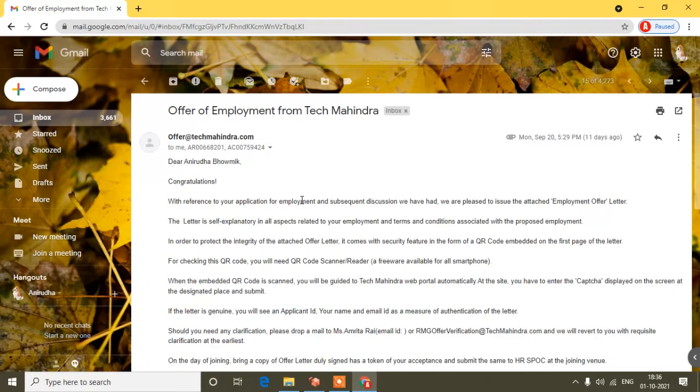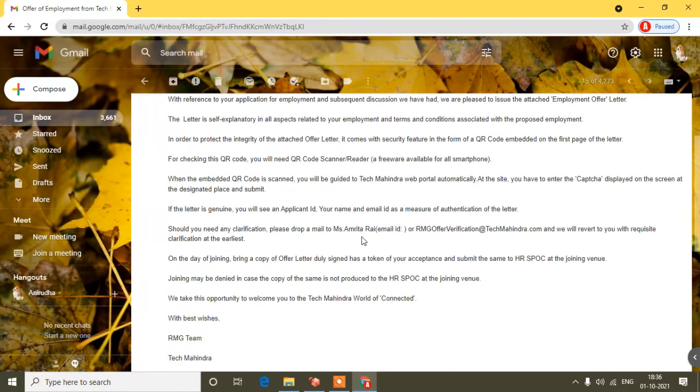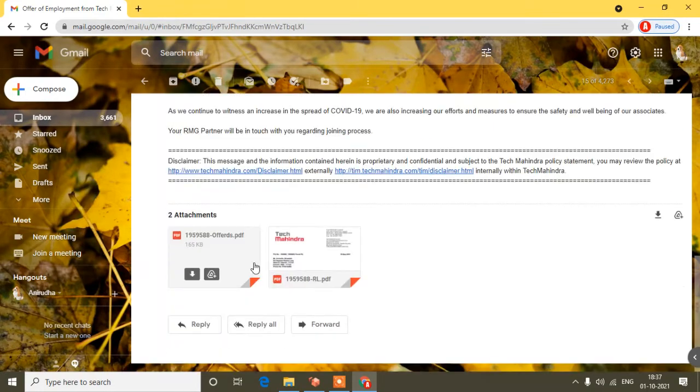And now guys, I'm coming to the offer letter. After filling these 3 forms which I already showed, and sending them back, after 3 or 4 days, or maybe 1 week, you will receive your offer letter. Here you will get this type of mail, and you can read it. I was scrolling down very slowly, and here you will get 2 files attached. In your case it may be 1 file attached, that is only the offer letter, but in my case I received 2 attached PDF files,